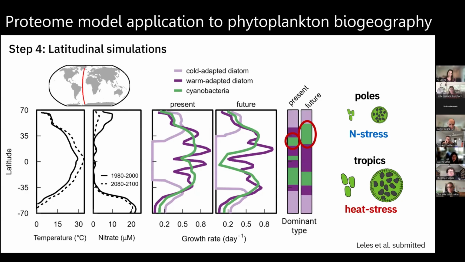What this resulted in is that we could see an expansion of the cyanobacteria niche from present to future conditions in temperate to polar seas, but this was not observed in the tropics, where cyanobacteria were more vulnerable because they have lower heat mitigation capacity and they are also smaller. So what our study suggests is that perhaps there is a niche for being larger in a future ocean, which could be favorable for Synechococcus or even larger eukaryotes such as diatoms.